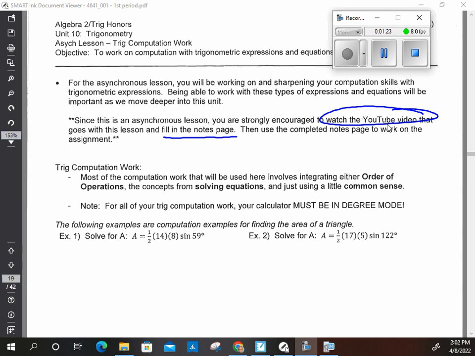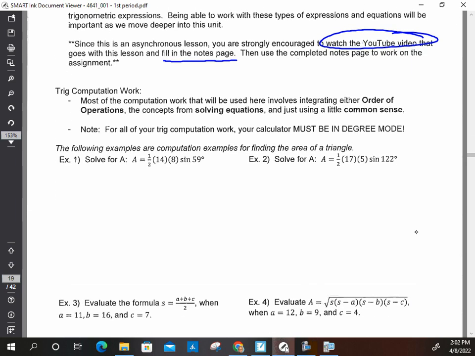Please keep in mind, this will not be retaught in class. So you need to make sure that even though this is an asynchronous lesson, that you take notes, you rewind or fast forward as much as you need to so that you can get the instruction that you need. With that being said,